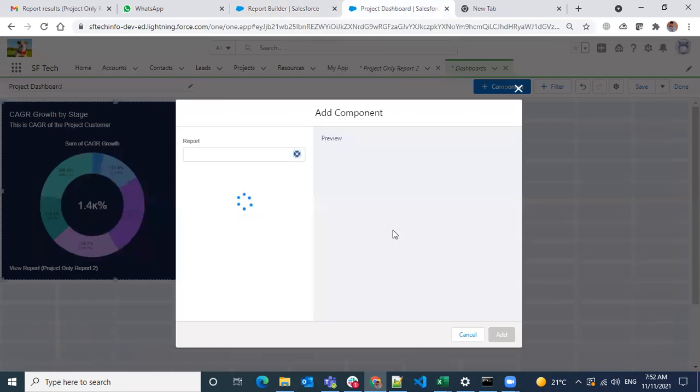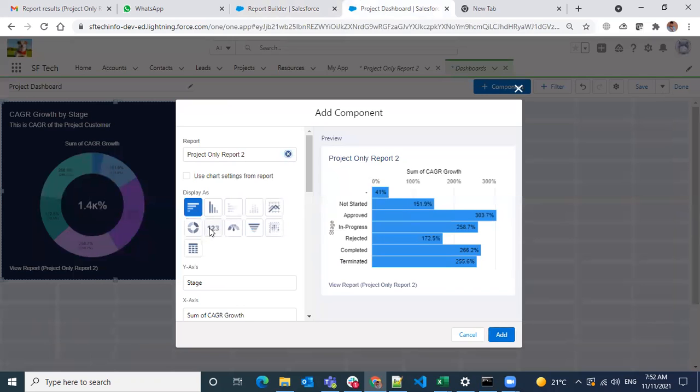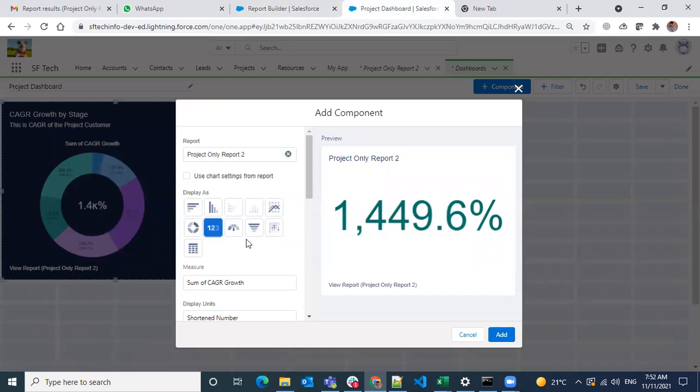Same as this one. Select. I want to see this one